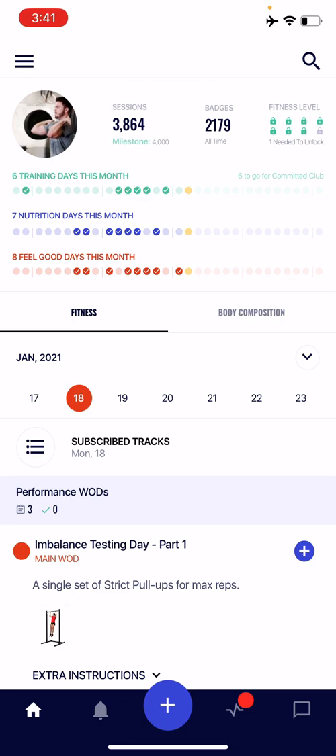All right, let's go over the body composition aspect of the btwb app. On the home screen here, you'll notice two different tabs, a fitness tab and a body composition tab. The reason for these two tabs is we're bringing directly to you on the home screen the two most important aspects of a fitness journey. One, workouts, which you'll find in the fitness tab, and two, body composition and body comp progress via the body